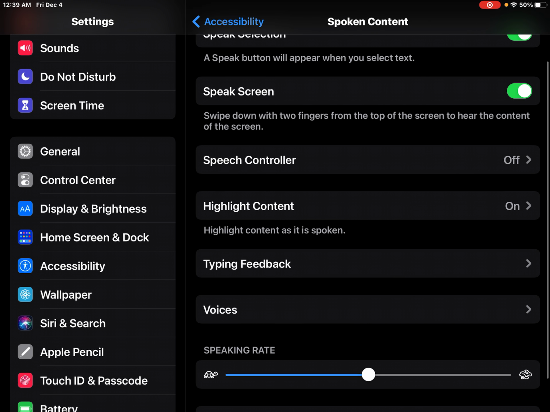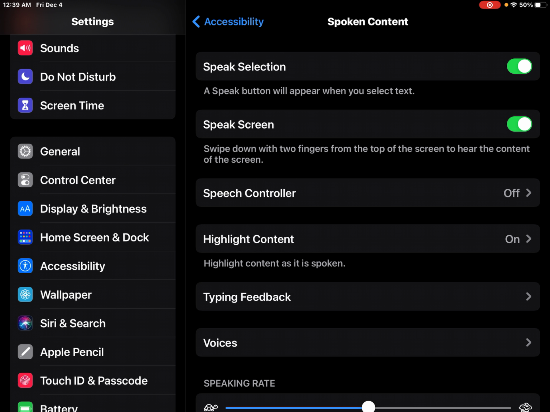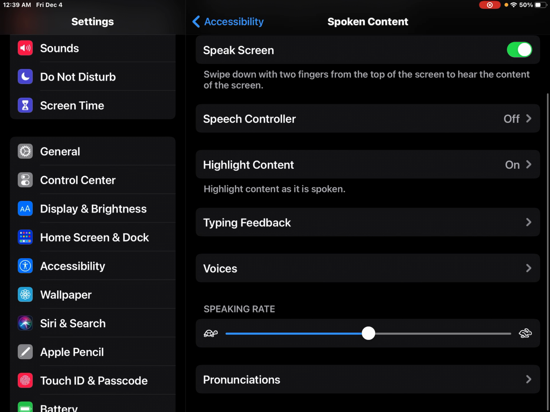Siri may read a little too quickly for you or a little too slowly for you. Depends on what you like. So to control that, I'm going to scroll down to speaking rate. And if I move the little slider closer to the rabbit to the right,